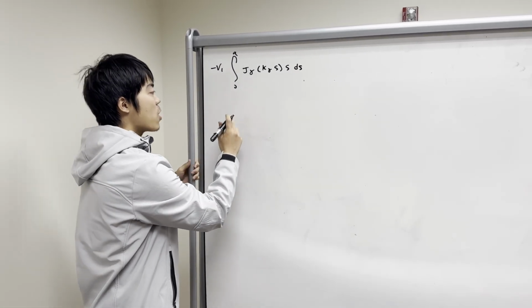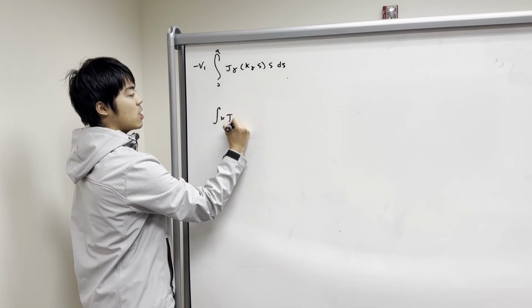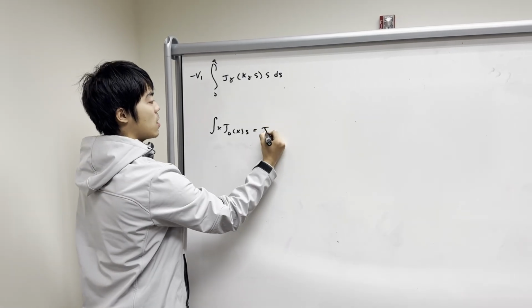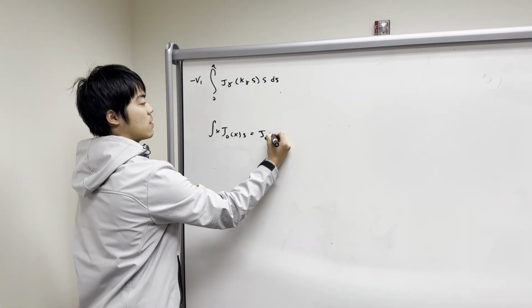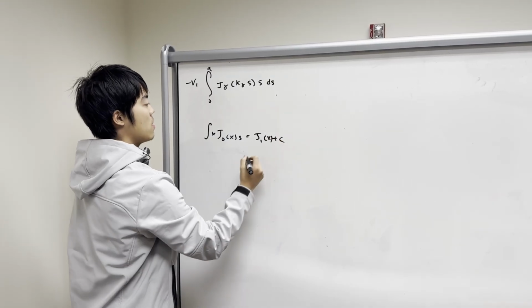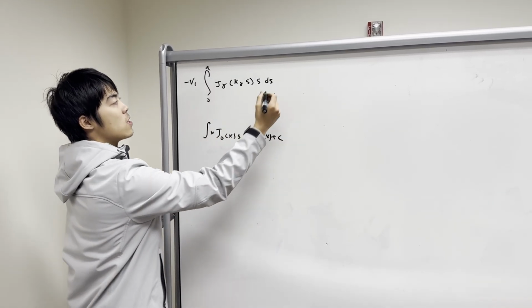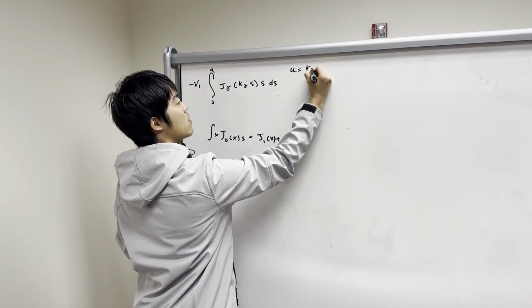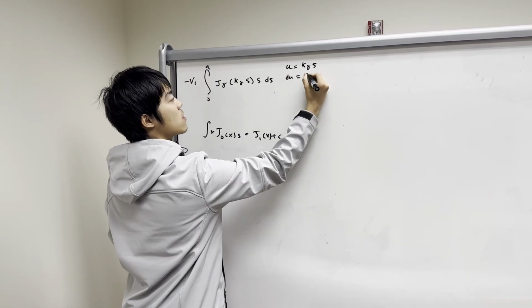Well, we know that there's this property where the integral of x times J naught of x ds is equal to x J1 of x plus c. And we need to get this parameter here in the form of this. So we just do a u sub here, where u equals k gamma s, and du equals